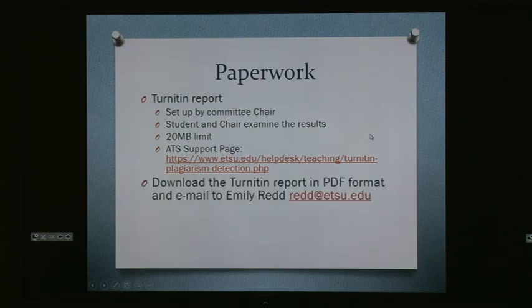Okay, so download the Turnitin report in PDF format and email it to me. At this point, either you or your chair can download this report and send it to me. So I know it's already gone through the committee member. You can't create it without going through them, so it's okay for you to go ahead and send it to me at that time. But there is a specific way to get it in PDF format. There's a receipt option, and then there's a full report option, like a full view. I do not want the receipt. I need the full report. But we can work that out at the time if that's confusing.